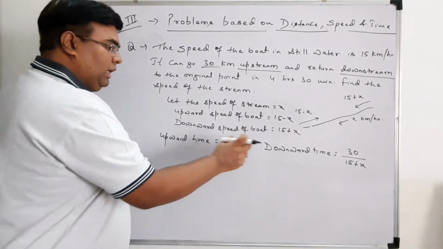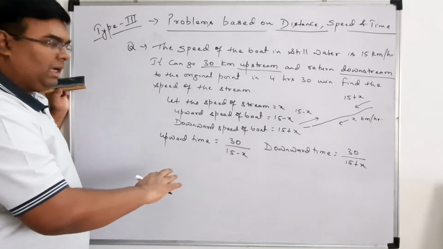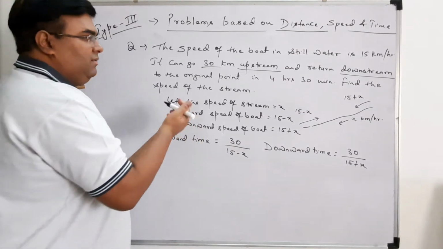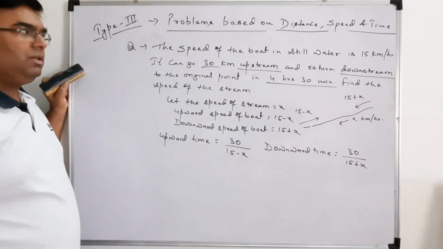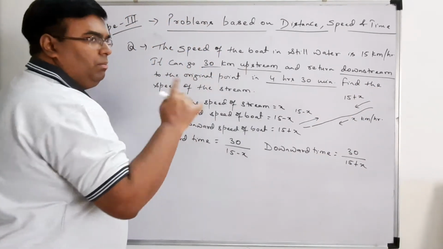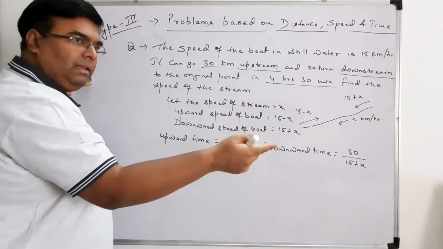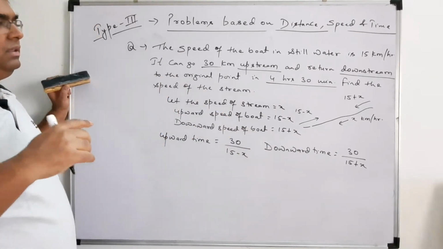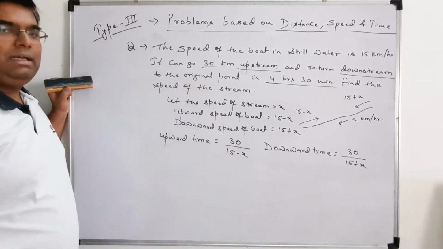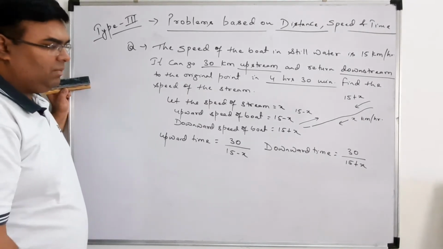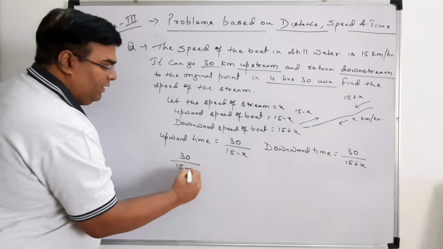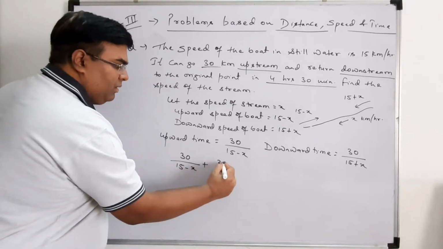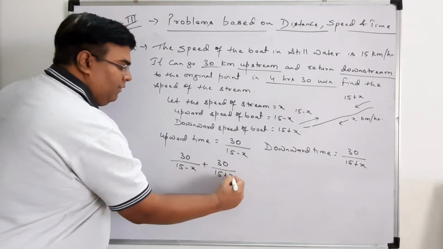So these two times you can add, upward time plus downward time, and this will give you 4 hours 30 minutes, because the time taken to complete the journey going down and then coming up is 4 hours 30 minutes. So just add this: 30 upon 15 minus x plus 30 upon 15 plus